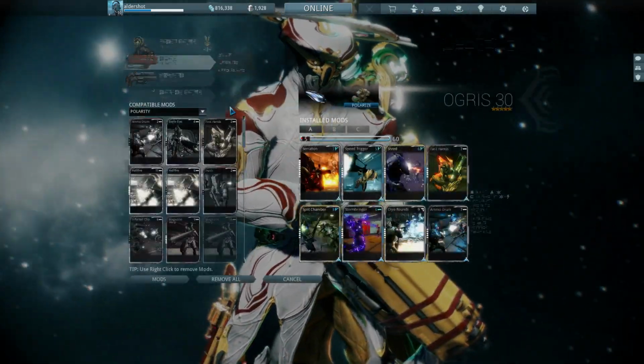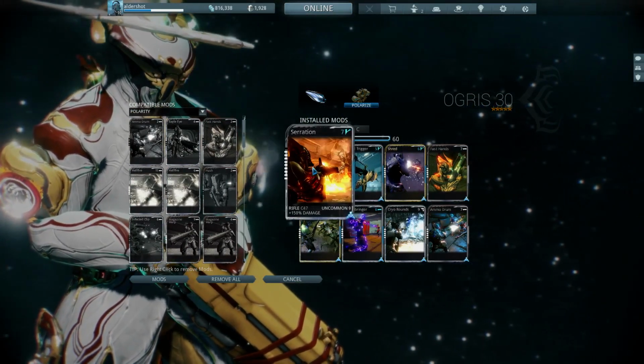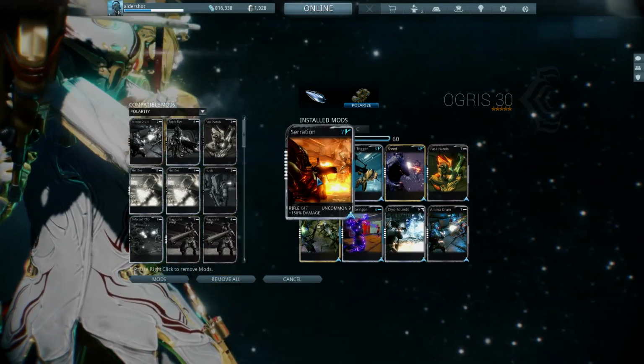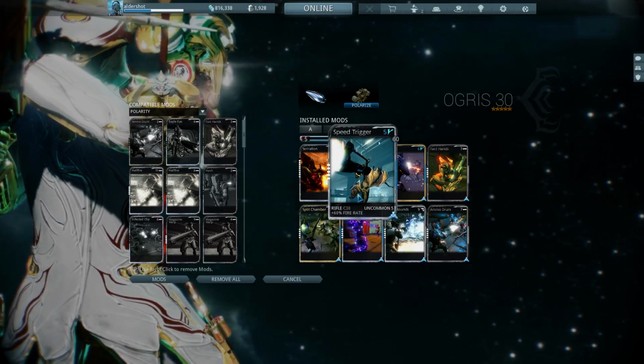Anyways, let's take a look at our Ogris. We're going to use a generally pretty basic Ogris build, I think. We're going to use Serration for more damage, of course. We're going to use Speed Trigger because a higher firing rate means a faster